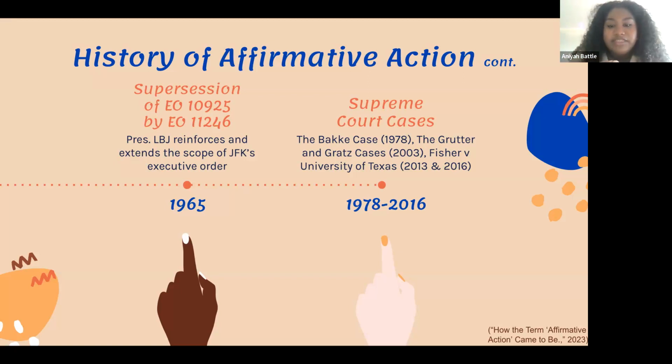And then Fisher versus the University of Texas in 2013 and 2016. Universities must demonstrate that there are race neutral alternatives before implementing race conscious policies. What this means is, think of the term race neutral. I at least consider it to be almost like color blindness, which is not exactly color blindness. It definitely has more of a positive view, but I do think that